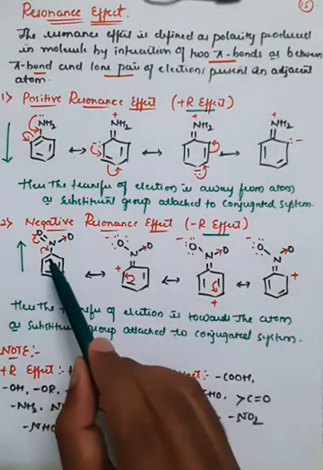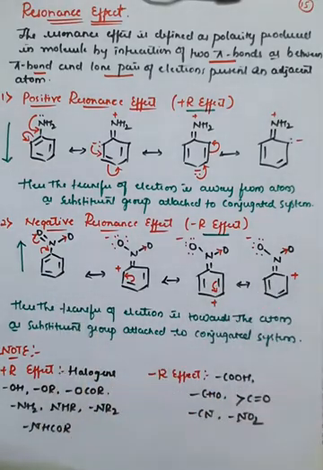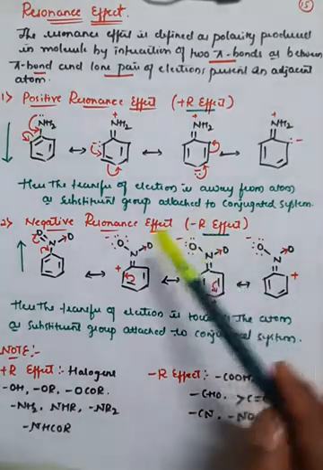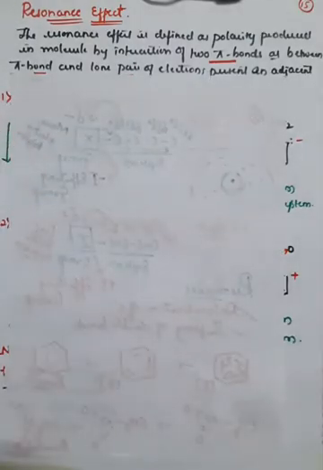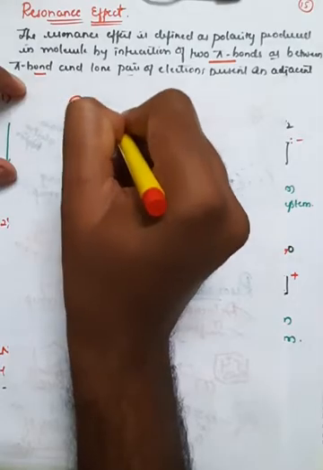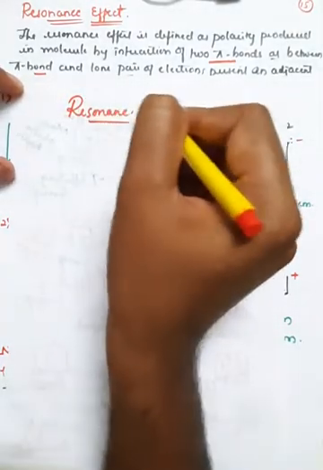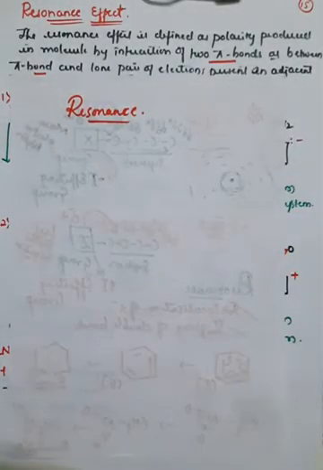Similarly, it is also a cyclic process. The shifting of the double bond takes place over the benzene ring. Therefore the effect caused by this is called the minus R effect, or it is also called the negative resonance effect. So we'll do some rough work here. In the case of resonance effect, we know that resonance is called delocalization of electrons or shifting of double bonds.